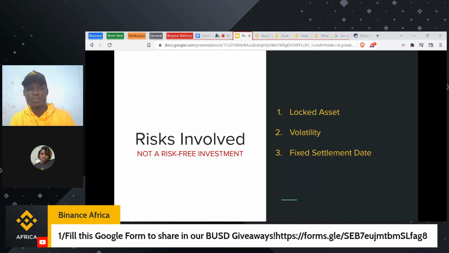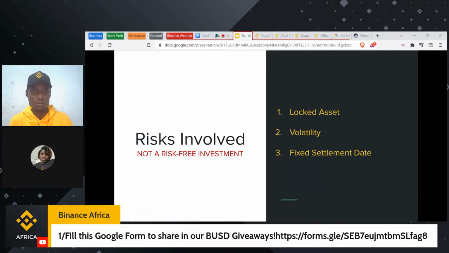So you set a target price to buy lower, to buy Bitcoin at, let's say, 15k US dollars. Before your settlement date, Bitcoin was probably around 10k US dollars. You will be buying at 15k US dollars, which means you are buying a lesser quantity, or you are buying at a higher price than what is currently trading. So this is another risk involved that you have to consider very well before you decide to